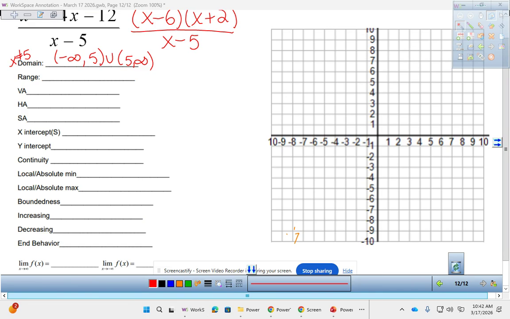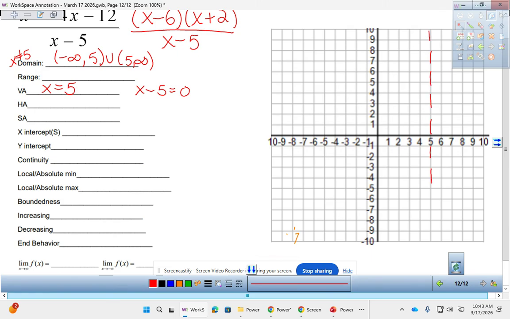After I do the hole, I do what's called the vertical asymptote. If something cancels out, it's not a vertical asymptote. But in this case, nothing canceled out. So my vertical asymptote is going to come from that restriction. I'm going to take that denominator and set it equal to 0. A vertical asymptote is an x equals equation. And what it looks like on the graph is a vertical line